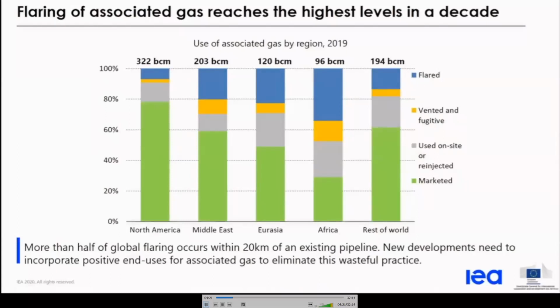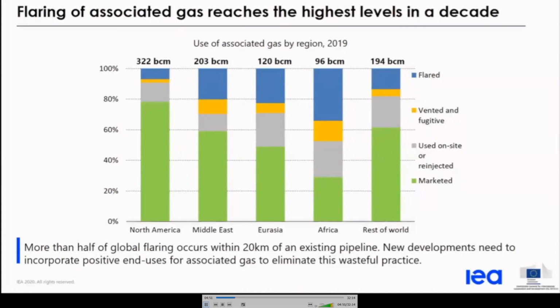A long-time area of focus, flaring has received even greater scrutiny and attention in the last few years. In 2019, about 150 BCM of gas was flared, or more gas than is currently used by the entire continent of Africa. Flaring of associated gas occurs sometimes in the event of an emergency or a non-standard operational event. However, most flaring occurs due to the lack of a gas market or infrastructure built directly to the operation site.